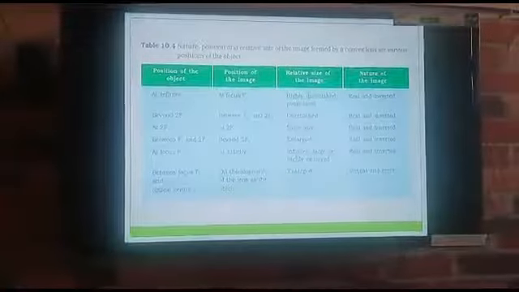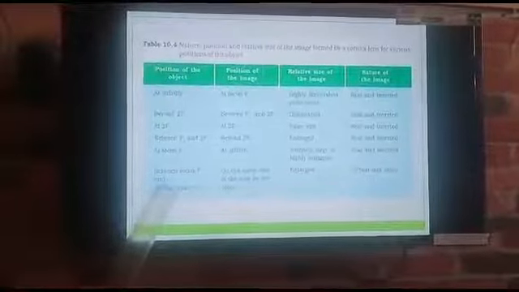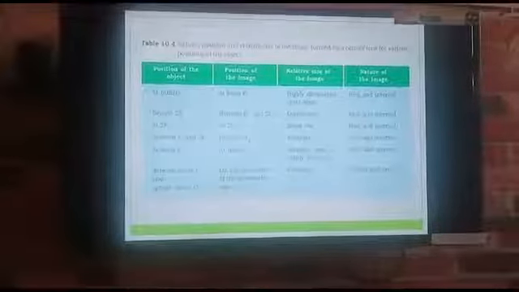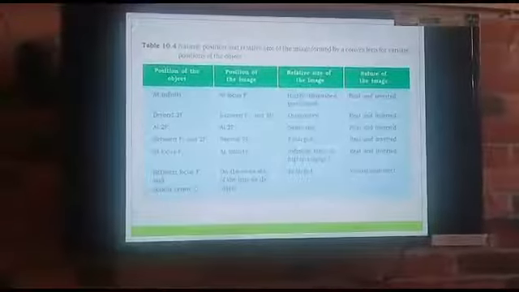Formation of the different types of images by the convex lens. So far as the convex lens is concerned, there are 6 positions of the object. If the object is placed at any of these 6 positions on the principal axis, the properties of the image change. So for the convex lenses there are 6 ray diagrams.